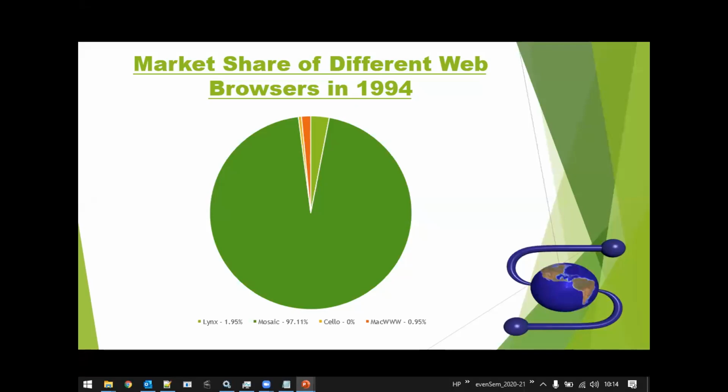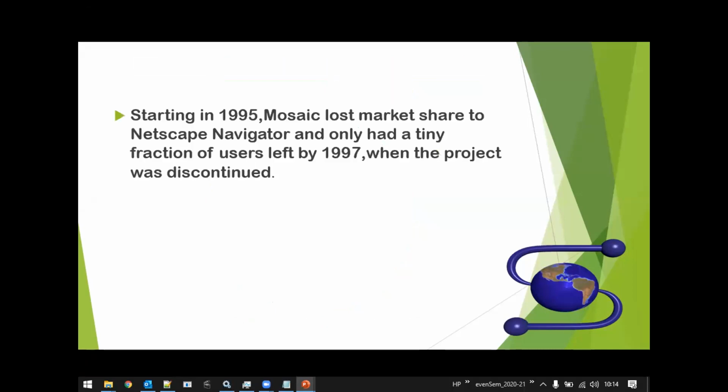Later, I think Netscape purchased this Mosaic web browser, and there were certain legal issues with respect to Microsoft and the Mosaic, as well as the Netscape Navigator. See, here you can find Netscape Navigator. Netscape Navigator is again a type of web browser. The Netscape Corporation purchased the Mosaic, and then later there were some legal issues with Microsoft, and they had to suspend this particular web browser also. Netscape was still available, I think, in 2007 also.